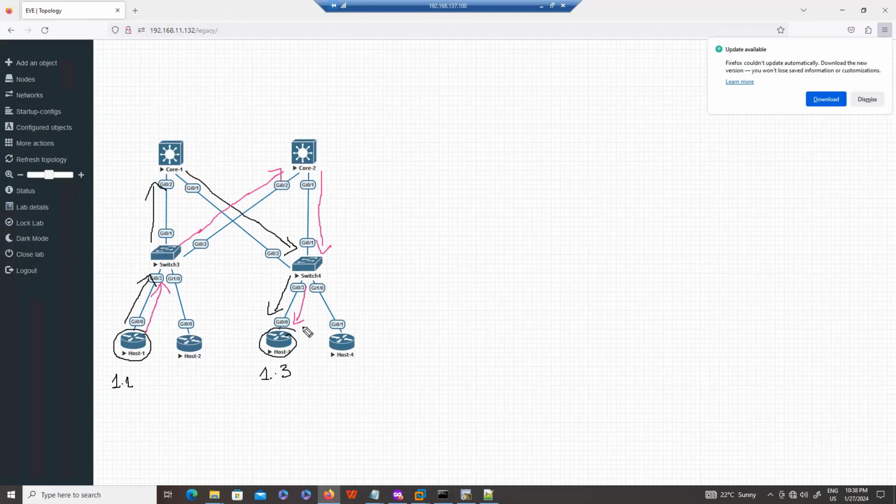Now we will see that by default, to communicate from 1.1 to 1.3, switches are using the black path or the pink path. This is basically known as layer 2 tracing. You need to trace out what your actual path is. Right now I'm showing you, because switches basically forward the traffic based on MAC addresses.